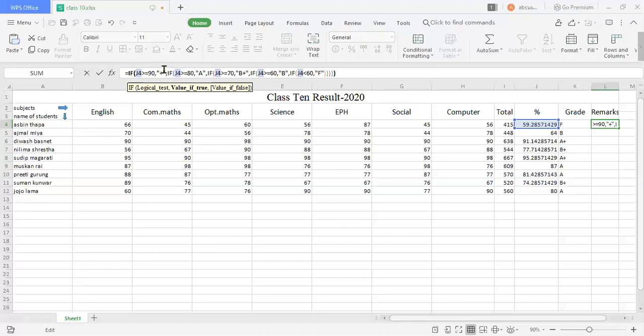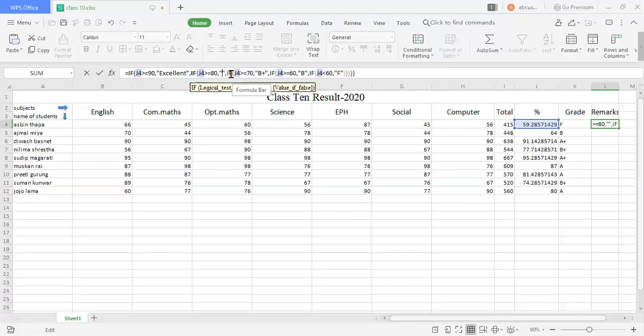For A plus, I will give excellent. I am replacing the grade alphabets with words.